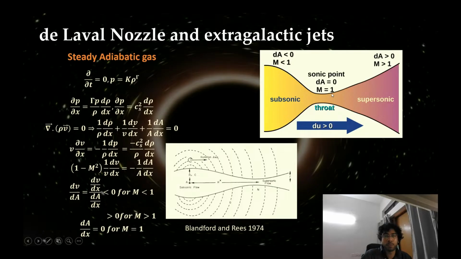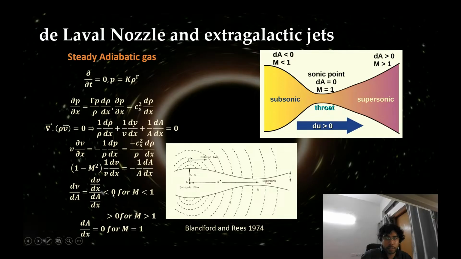So it has to go through a constant area surface as it goes from subsonic to supersonic. So this is the constant area surface where it achieves sonic speed. Okay, so this is the throat of this de Laval nozzle. Right. So now in the Mach number less than 1 region,